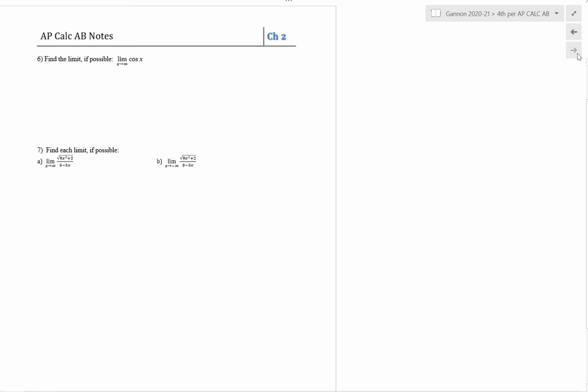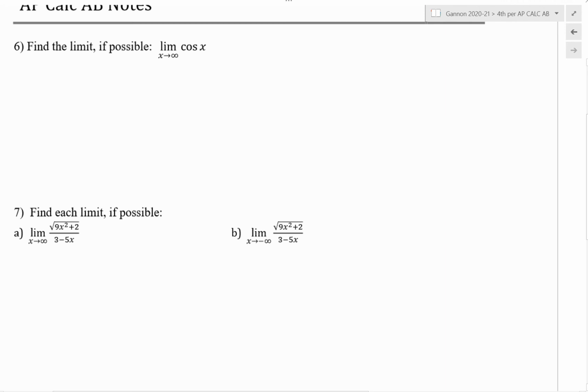Okay, a couple more examples, guys, and then we will be done with the 2.5 notes. All right, the next example talks about find the limit, if possible, of the limit as x approaches infinity of cosine of x. So now we're talking about the cosine curve. So if we just looked at one period of cosine real quick, and what its graph looks like,